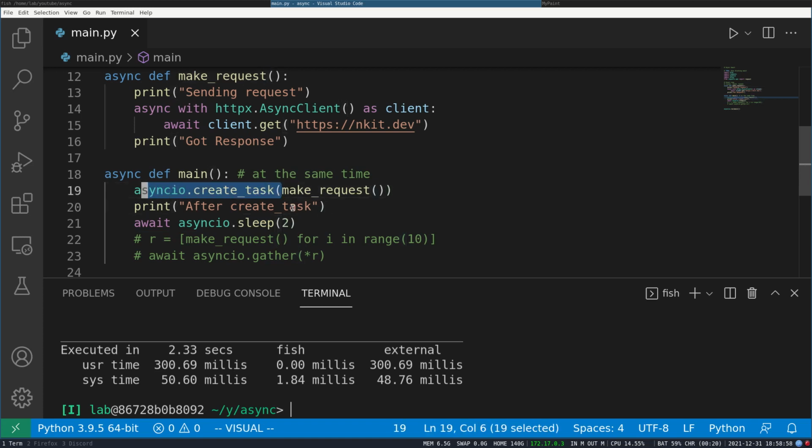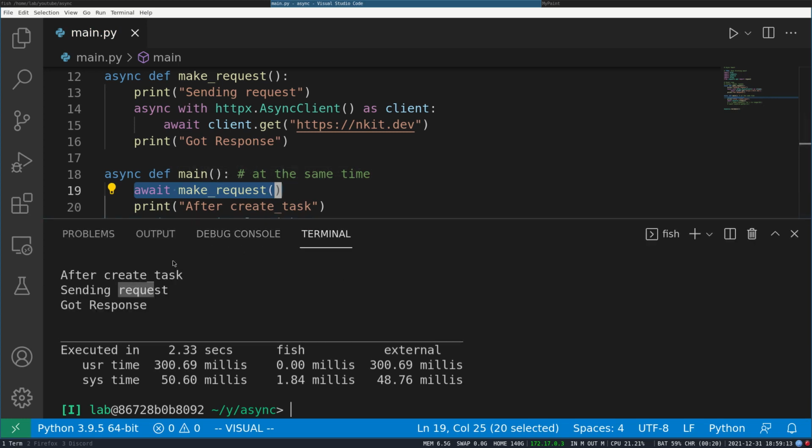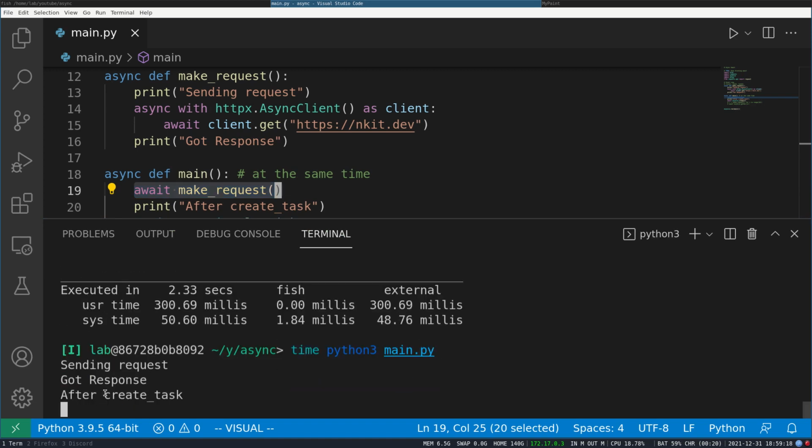But if I do await, it is different. It says make the request, and once it finishes, move on. So first we will make the request, and then we will print after create task, as you can see here.